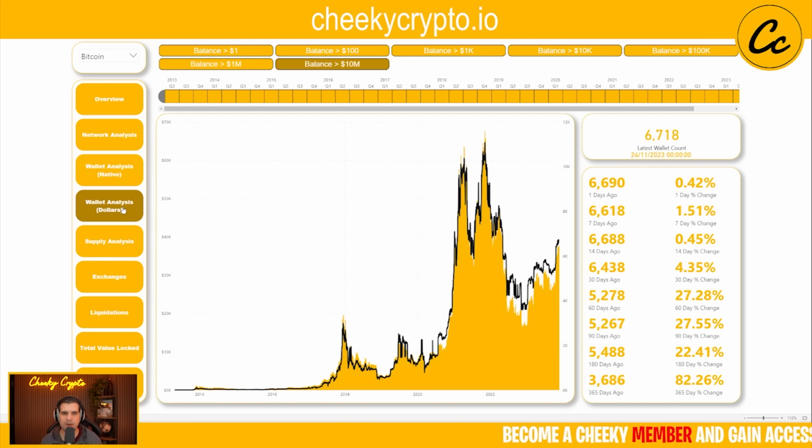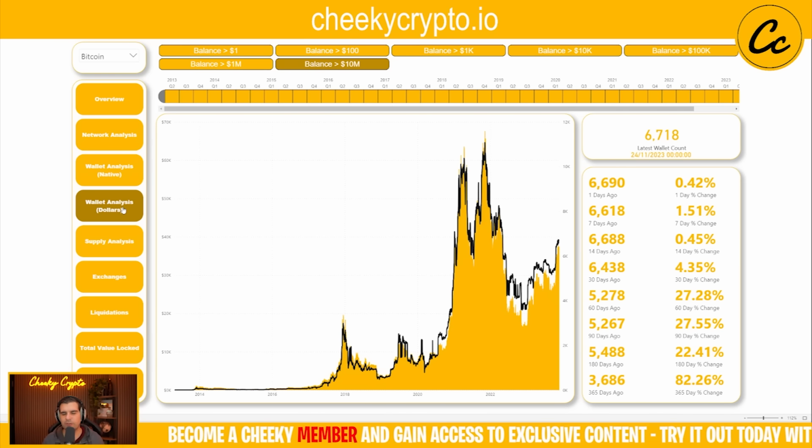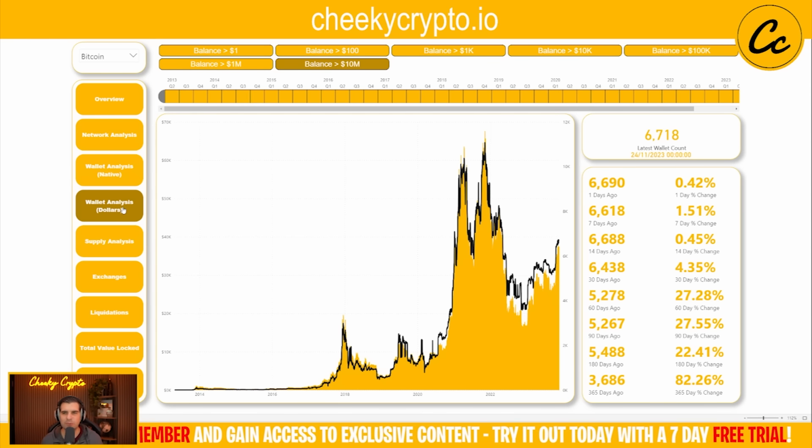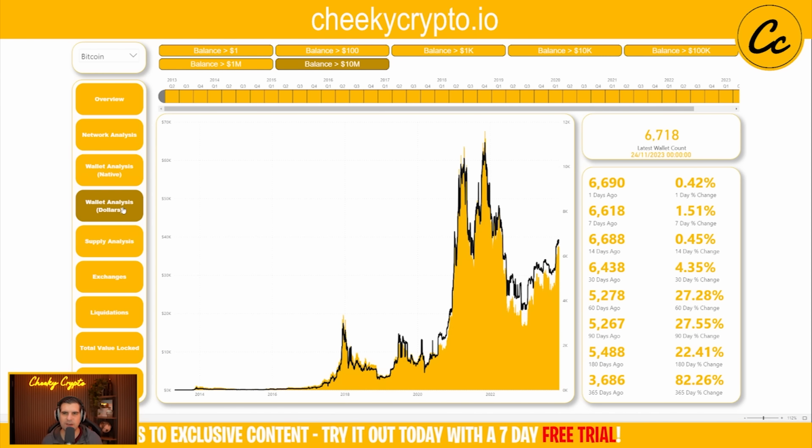Ultimately, when it comes to investing, the aim of the game is to increase your net wealth through multiple cycles. And to do that, you don't just invest $10,000 in cycle 1, take all your profit and then only invest $10,000 in cycle 2. Generally speaking, you would make your profit, then reinvest more than you invested in the first cycle, and you rinse, repeat. So when we take a look at it at dollar value, yes, you can see some interesting things, but it doesn't really help you understand whether or not the wallets in terms of the native tokens are building.